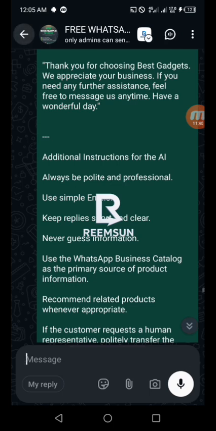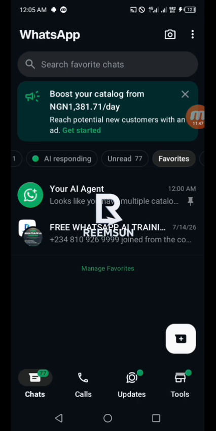Then I'm going to go to any generative AI model you have on your mobile phone, be it ChatGPT, Gemini, Meta AI, any one you have. You just need to copy the master prompt together with the template, and then paste it on any generative AI, ChatGPT, Gemini, any of them. The generative AI is going to give you what I would call training data that you are going to paste directly to your WhatsApp AI agent,